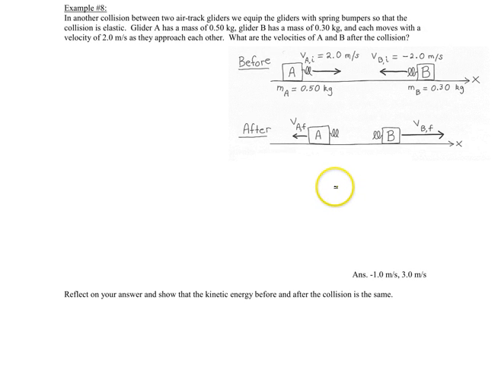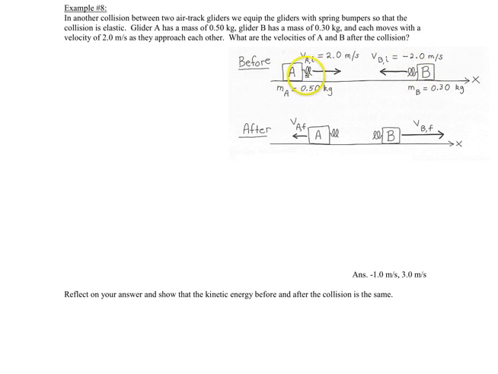Okay, welcome to example 8. We have two gliders, glider A and glider B, on a frictionless track, so that way we can conserve momentum. They have spring bumpers, little springs here, so that when they collide with each other, that kinetic energy initially here